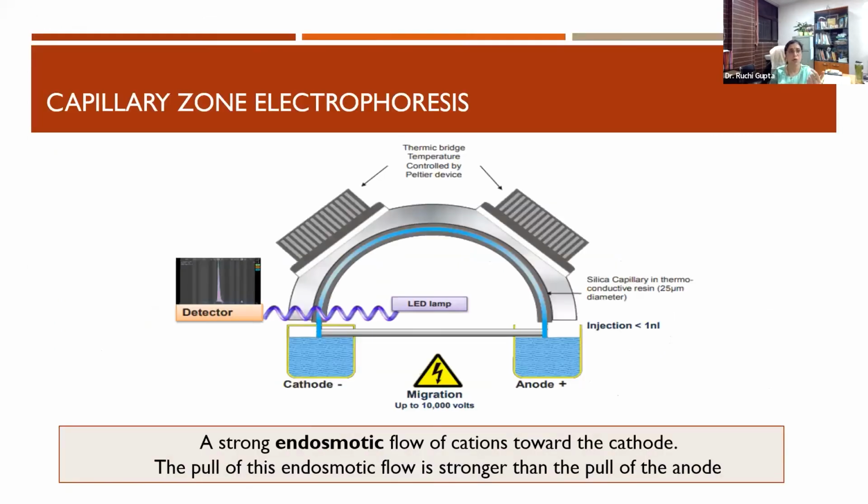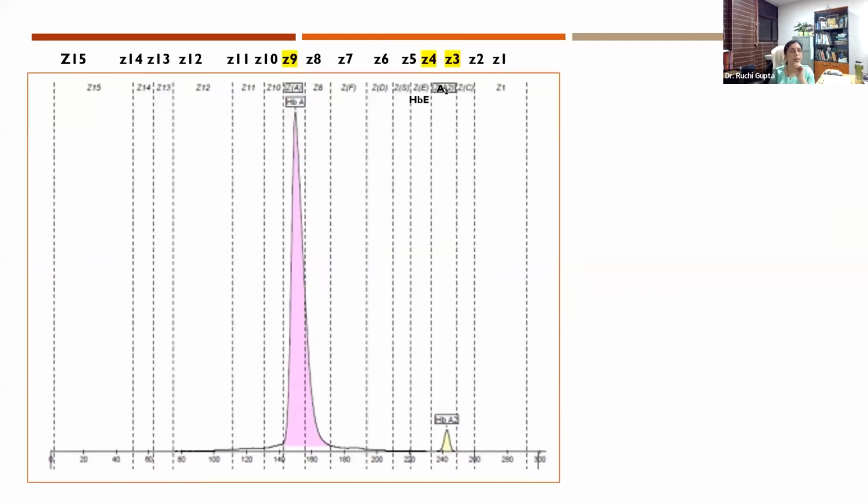Besides HPLC, we can also resort to capillary zone electrophoresis, which is also a good diagnostic modality to identify the abnormal hemoglobins. Again, here you have a strong endoosmotic flow of cations towards the cathode, which pulls all the abnormal peaks over here. There is a detector which will give you a graph and show you the separation of the different types of hemoglobin molecules. Here the results are divided into different zones like zone 1 to zone 15, and